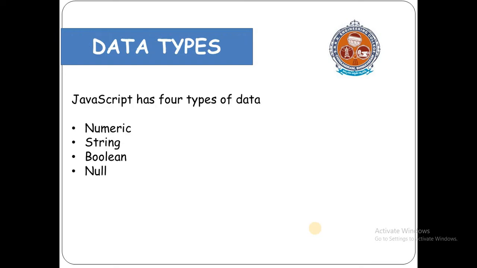So coming to the data types, there are four types of data types. You already know what a data type is: it is nothing but what we are going to use the data for. So there are four data types. One is numeric. All integers and float values can be used as numeric. In fact, variables can change type within the program, so there is no need to differentiate between them.